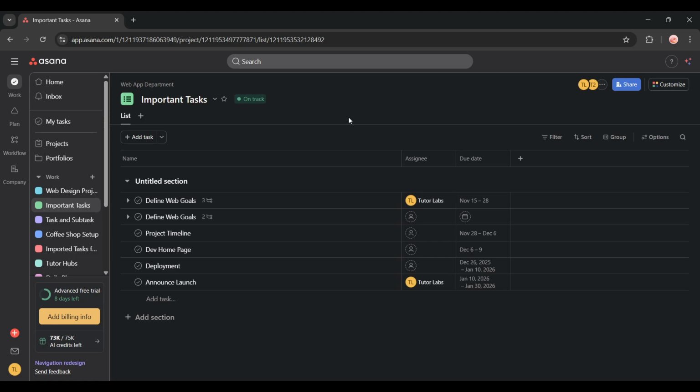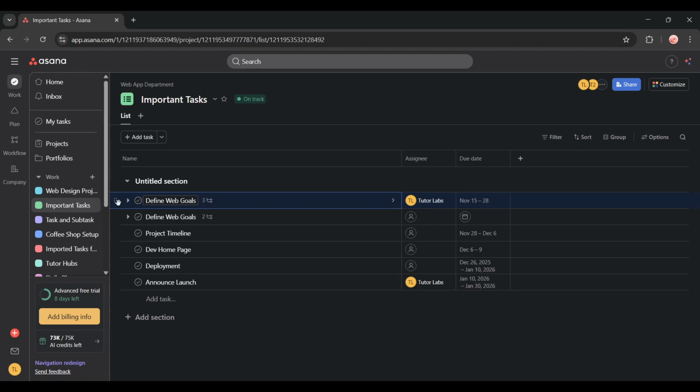Now, here's a neat trick for selecting tasks efficiently. Hover your cursor over the left side part of the first task you want to copy. You'll notice your cursor transforms into a hand icon. When you see this, click on the task. This method allows you to select the task without opening its full details panel, which keeps your workflow smooth and